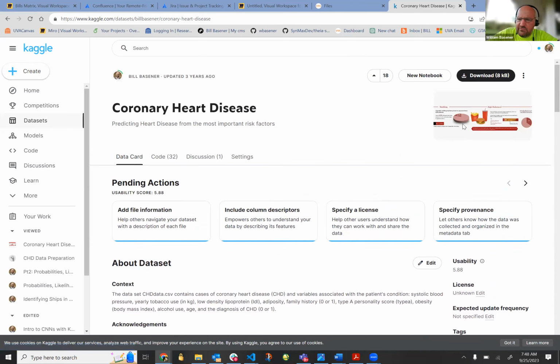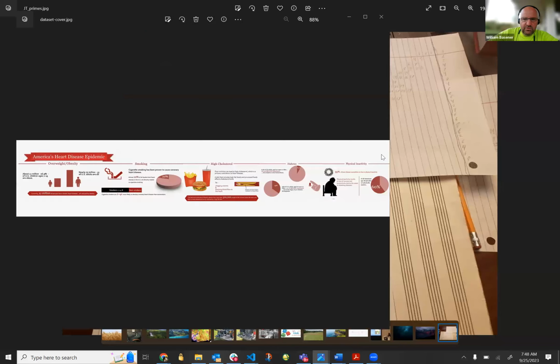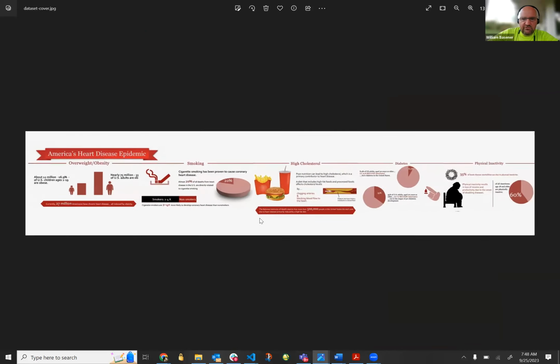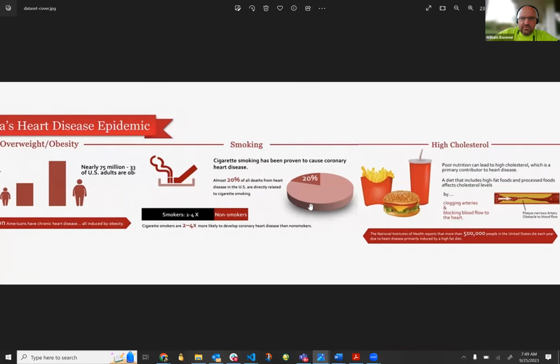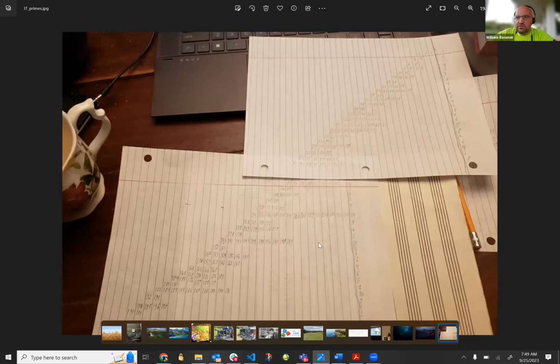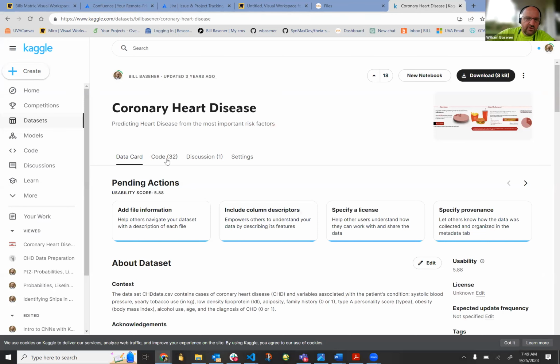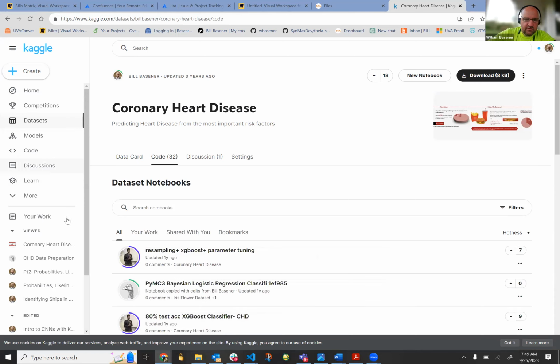There's a nice graphic. The problem was I was trying to find a place where we could see this graphic. I hit open in a new tab and it downloads it. I mean, that's fine, but okay. So it kind of describes, I put this together just to describe the different impacts and what the variables mean. Okay, so that's where you can get that data, and I'm going to look at the code,